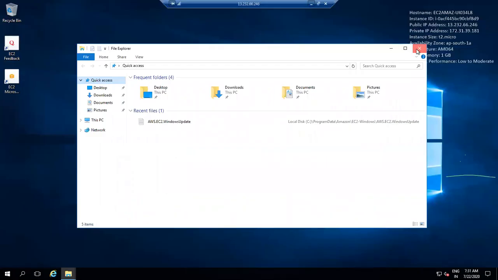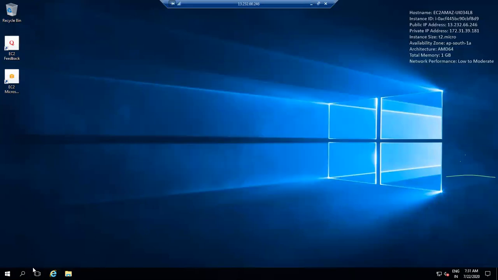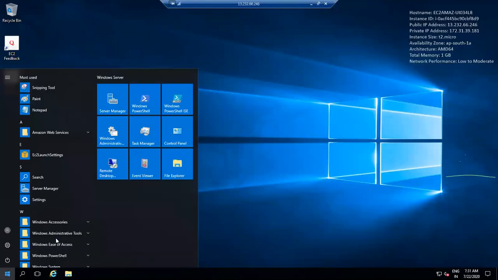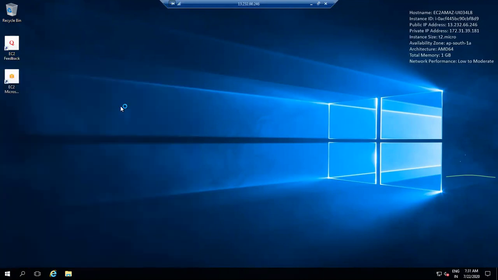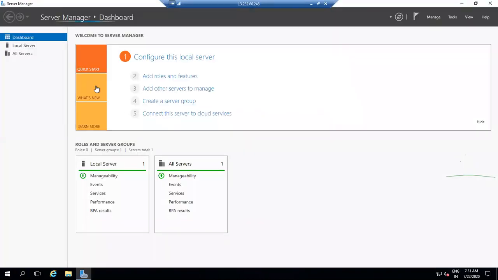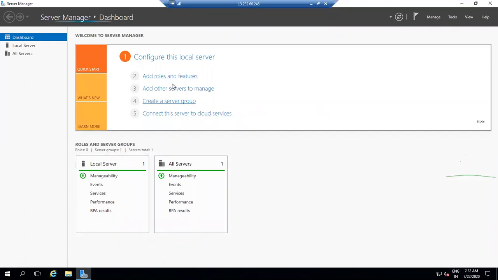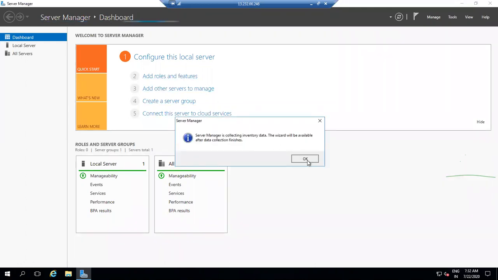So meantime, I will show you one thing. Server Manager, add roles and features. Okay, take your time.